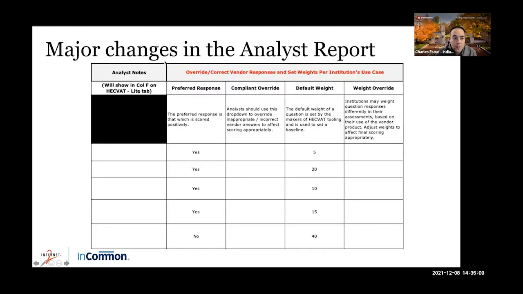Any of you who have worked in the HECVAT and digested or assessed a vendor's response knows that we always had this analyst report, but there was no consistent way to override a vendor's answers. We could ask them, do you do encryption in transit? Yes, we don't do encryption in transit. They get the bonus points, their score looks good, but we always had to go back and override